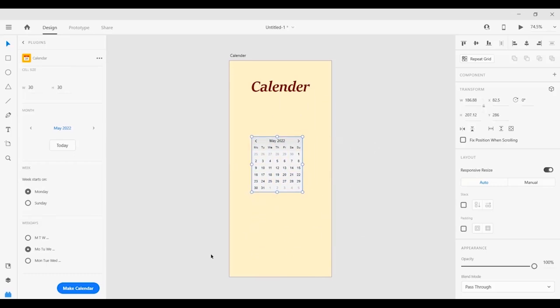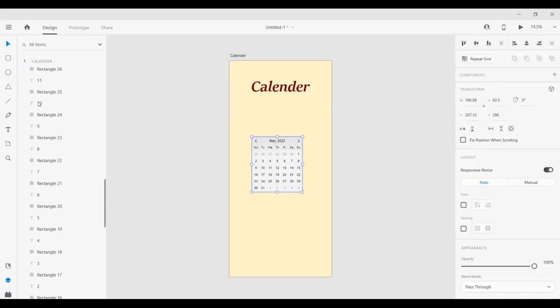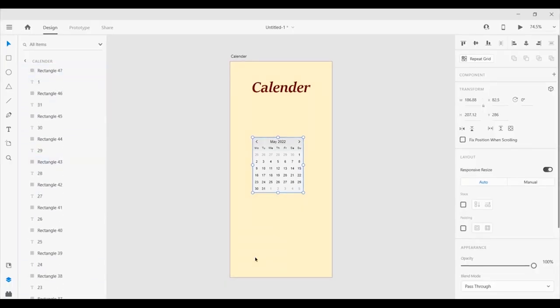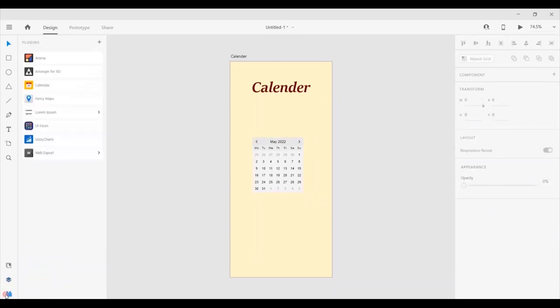To address that, we will open the Layer section. You can see a folder named Group 1, which represents the calendar, is shown here and contains all components of the calendar. We will need to manually adjust them in order to solve the problem. We have now learned how the calendar plugin works. We will move on to the next plugin,